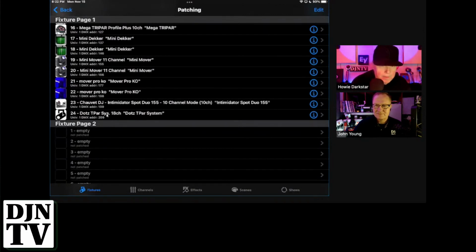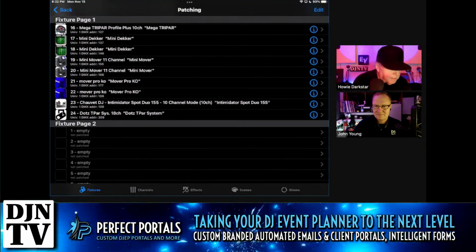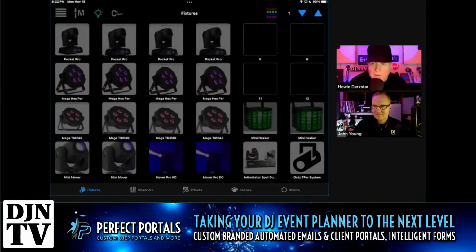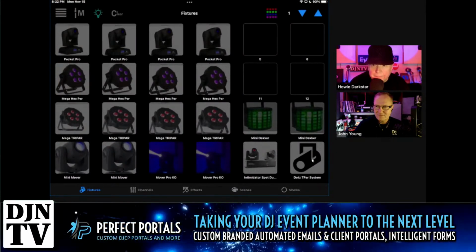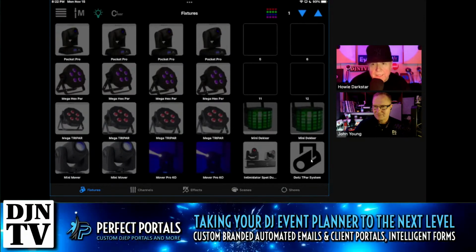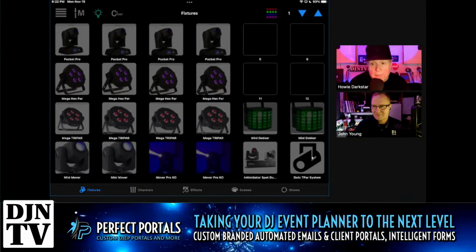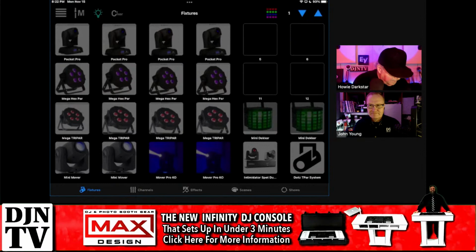Now I will hit the back button at the top left, and you can see that this has come up. Because I didn't get that from the online library, it didn't include the picture. The online library actually includes a picture of the fixture, which is kind of cool, so you don't have to hunt for a picture. But here is what I can do: I can go back to patching,